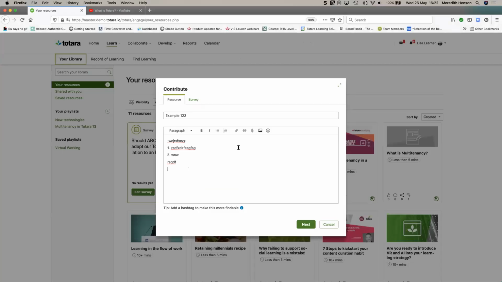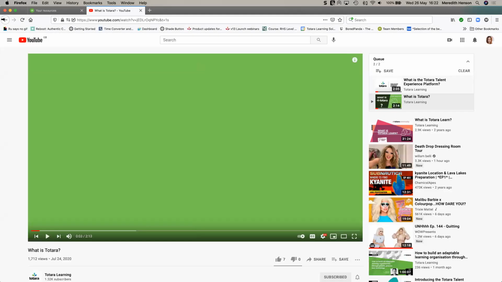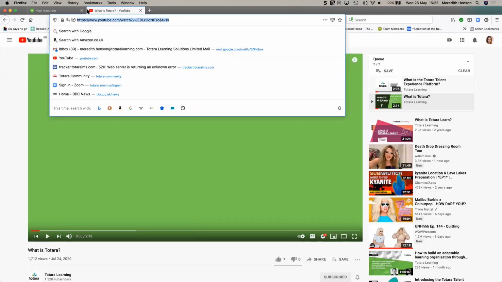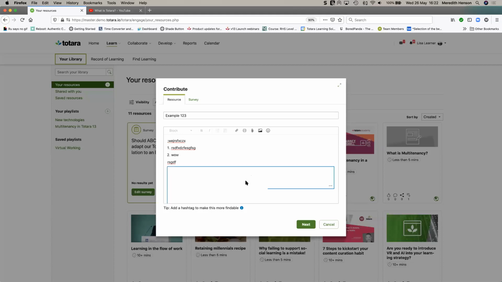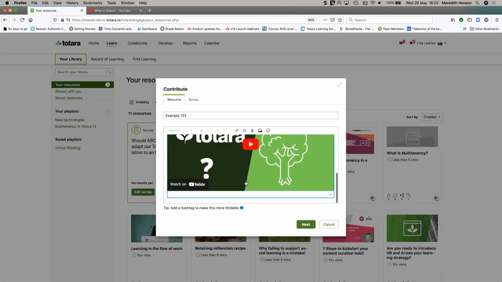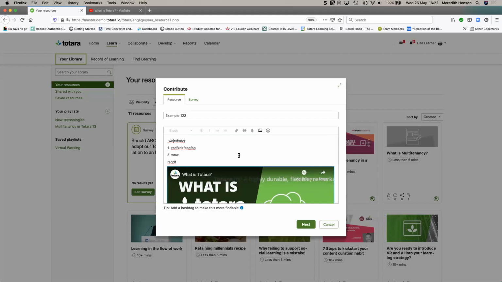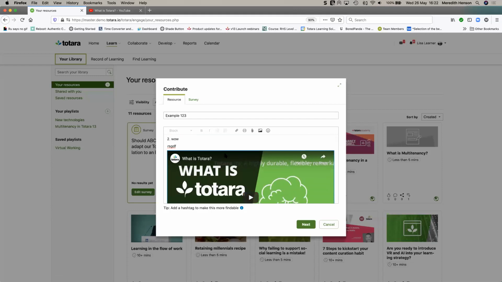Okay, back to the real stuff. So across Totara Engage and these resources, we can add links, we can add attachments, we can embed media that we already have stored, or we can go over to YouTube or Vimeo and grab a URL and we can post that directly into these resources and it will automatically embed that video here. Now also, because this is the first image that's available, this then becomes the thumbnail. So you see behind here, I've got various thumbnails and images. You don't have to upload your own custom images, there are defaults, but if you do have something that's image-based in some way, it will display, which you'll view within the course catalog.